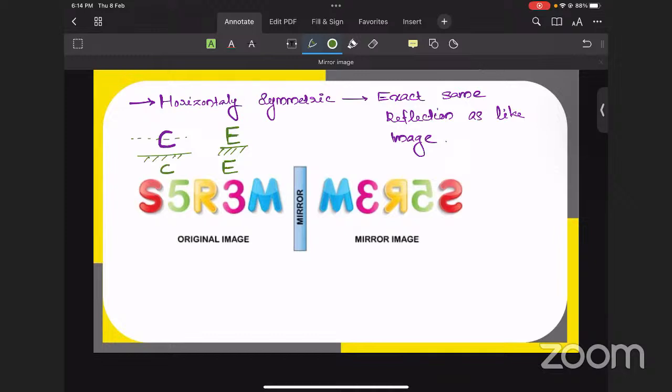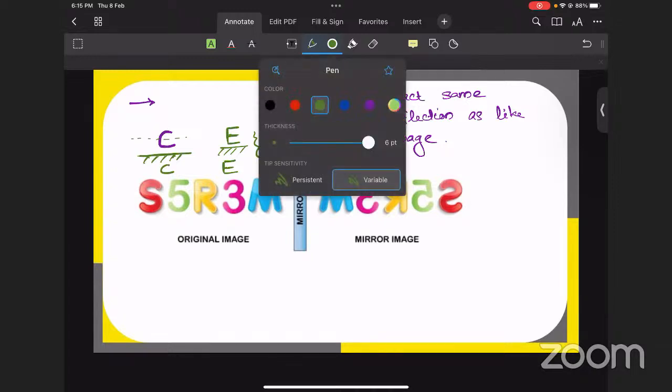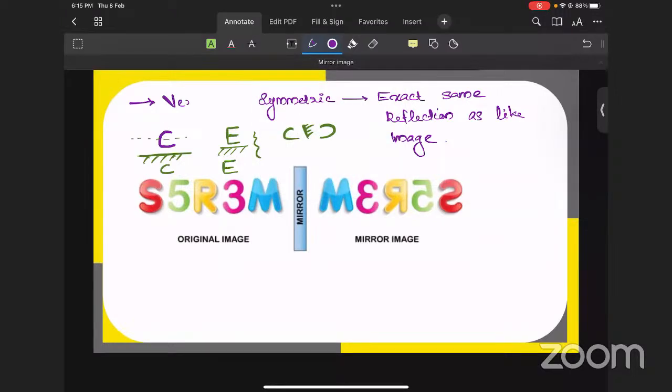If it is non-symmetric in the horizontal direction, sorry, actually we are discussing mirror image. This particular one is happening in water image. So horizontally symmetric letters, when the mirror comes to the bottom, will reflect exactly the same. But it is not happening when the mirror is on the right side. It will be reflected like this. Why is it like this? Because only vertically symmetric